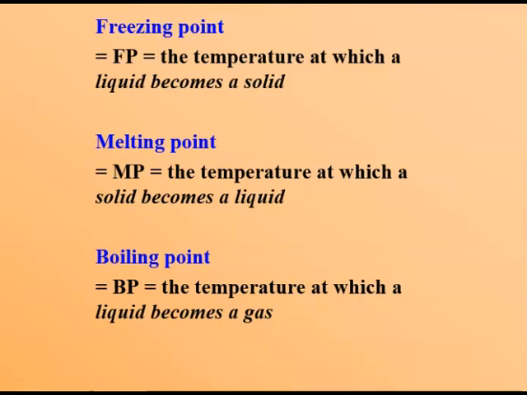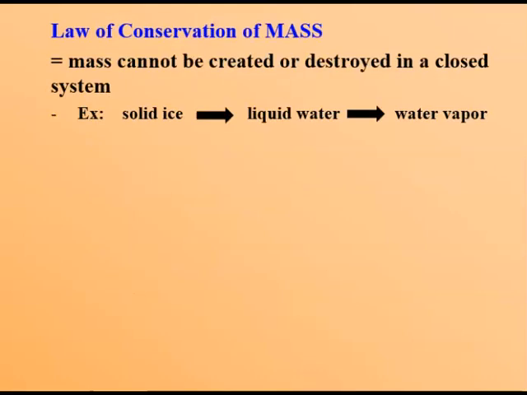So we've looked at these temperatures. We know what temperature does when there's a change in state. What happens to the mass when we change state? We find out that mass cannot be created or destroyed in a closed system, so when it changes state, the mass remains the same. Let's start with solid ice, change it to liquid water, and then change it to water